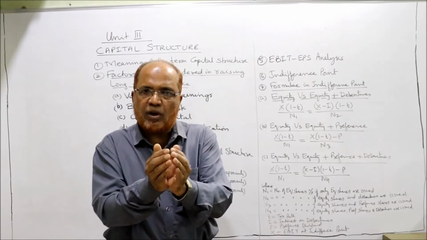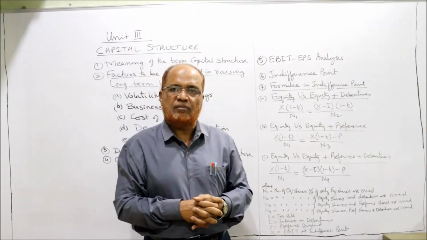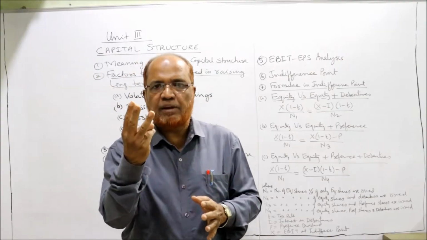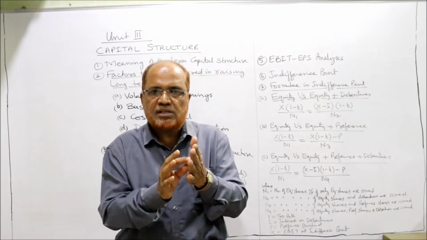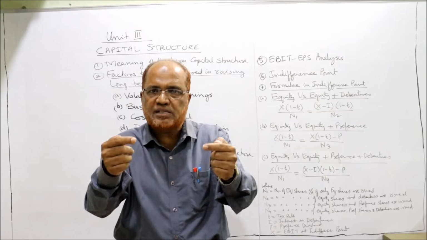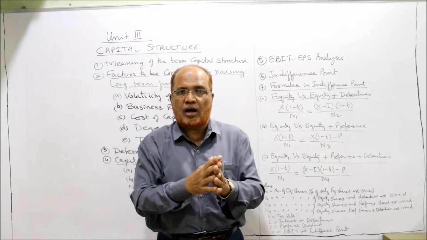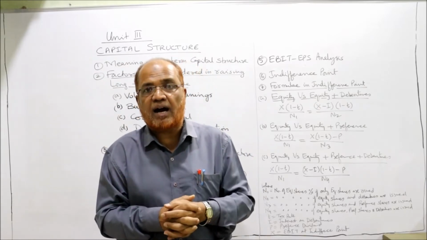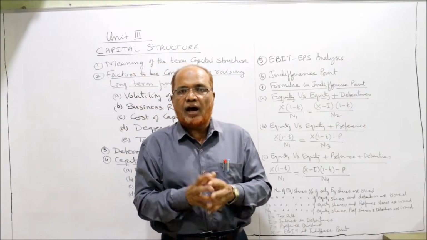हाँ, अगर इंडिफरेंस पॉइंट से ज्यादा अगर EBIT हो गया, that means levered capital will be beneficial. Simple example I'll give you. Suppose 3 lakh rupees EBIT is the indifference point. अगर हमको इंडिफरेंस पॉइंट 3 लाख रुपीस आ गया, तो इसका मतलब हो गया 3 लाख रुपीस इंडिफरेंस पॉइंट के ऊपर दो फाइनेंशियल प्लान्स का EPS सेम होगा। अगर हमारा एक्चुअल EBIT 3 लाख से ज्यादा होगा तो we prefer लीवर्ड कैपिटल। लीवर्ड कैपिटल को हम प्रेफरेंस देंगे अगर एक्चुअल EBIT happens to be more than indifference point।